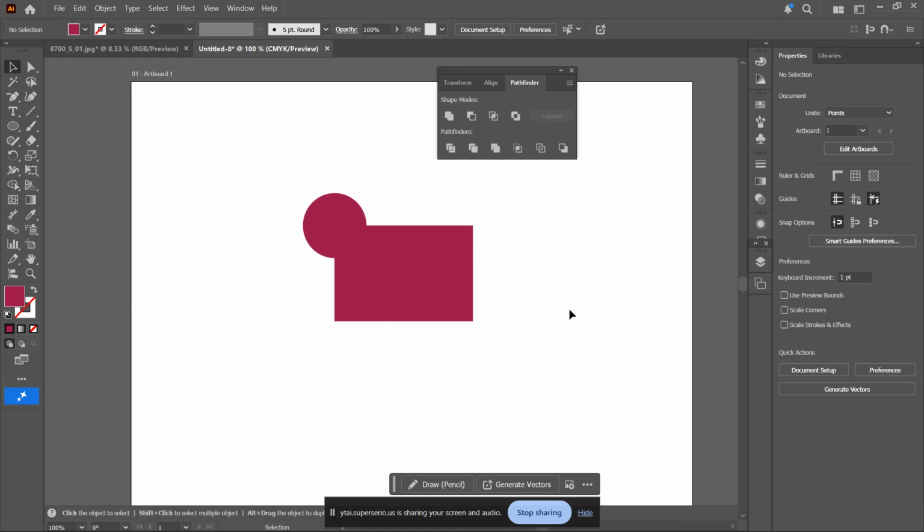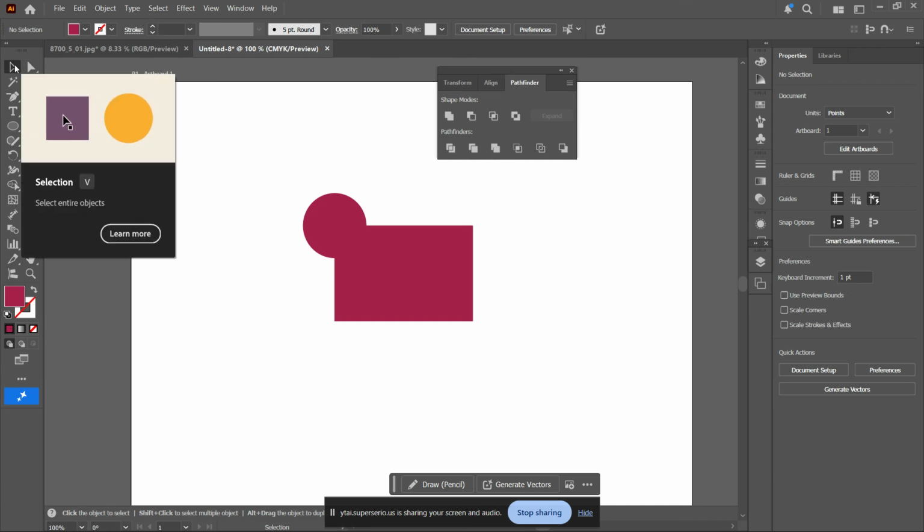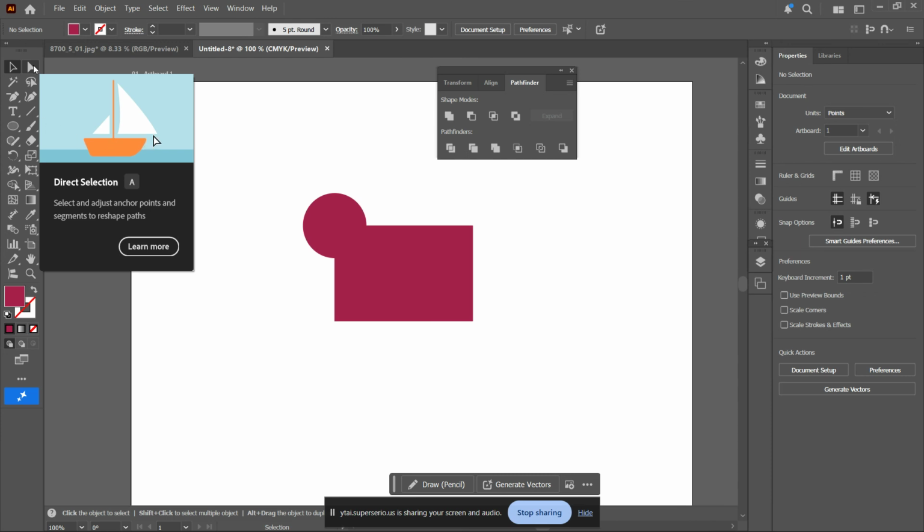Here's a quick bonus tip. If your shapes don't merge the way you expect, double-check that they are not grouped in a strange way or locked. Also make sure you're using the Selection tool and not the Direct Selection tool. The Direct Selection tool selects individual anchor points, while the Selection tool selects entire objects, which is what you need